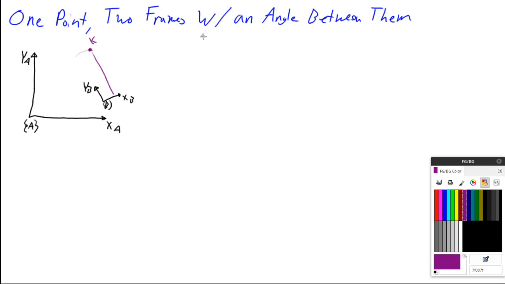So we'll say that point K inside of frame B is measured at, we'll say, 2 and 7. Let's just say that. All right. So we know that